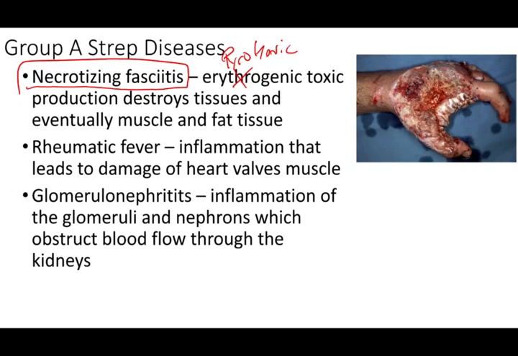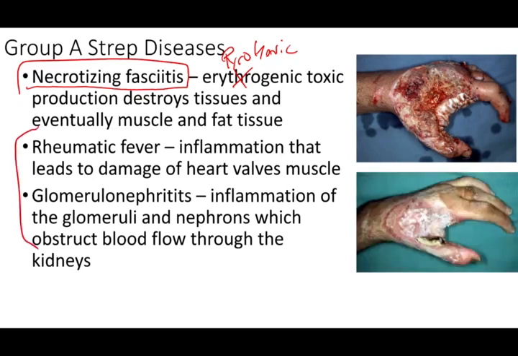So obviously this picture of a hand doesn't look pretty, and that is a result of a group A strep infection that has certain toxins and enzymes that allow it to destroy that tissue. And these last two are a little bit unique. Well, I guess I should comment on this. This is after some treatment where they've had to surgically debride some of that tissue and do some skin grafting. So it's getting better, but there can be significant damage that may require amputation depending on the severity of the strep infection. These next two are both